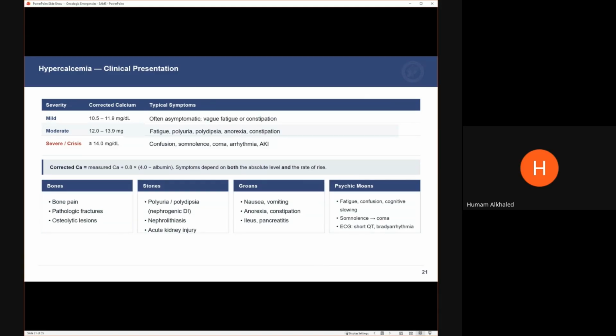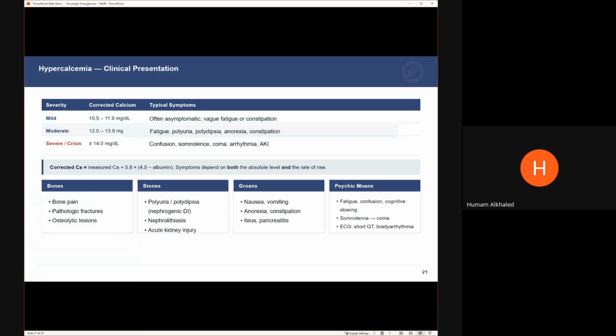There's a mnemonic that we use for hypercalcemia in these patients, and that's what we call bones, stones, groans, and psychic moans. But basically, with bones, these patients, because of the hypercalcemia, come in with bone pain, fractures from weakened bones,